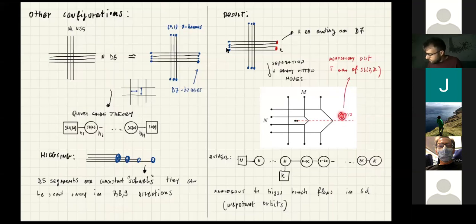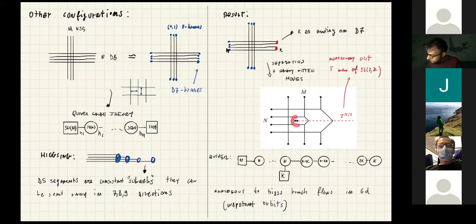The monodromy cut is generated by T, which is a generator of SL(2,Z), to the n over 2 power. And we see that at this point, the monodromy cut changes the quantization condition of the charge conservation at this point. And we can read from this configuration the quiver description. This D5 brane will give rise to an SU(N) gauge theory given by this. So this will be SU(N) flavor, this SU(N) gauge theory. There will be fundamentals between this and this. And in general, we have more SU(N) until